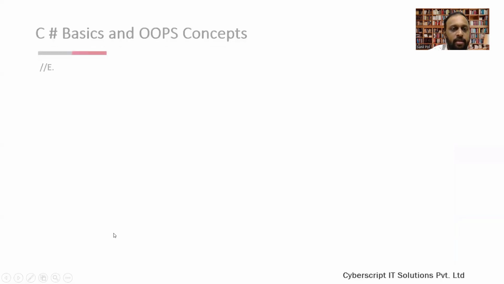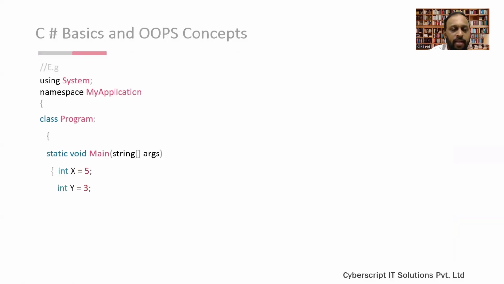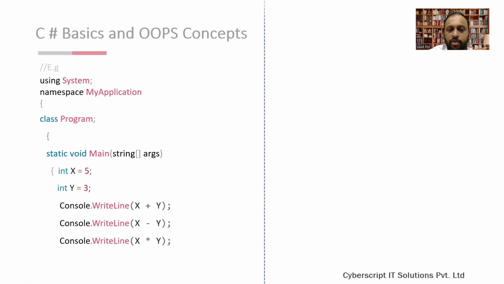So let's understand this with an example. In class Program, I have declared one method, static void Main, which is the entry point of the console application. After that, I have declared two integer type variables, x and y. The x value is 5 and the y value is 3. In the Console.WriteLine method, I am adding x and y with the help of the plus operator, or addition operator, x + y. Similarly, we are printing on the console x - y, x * y,